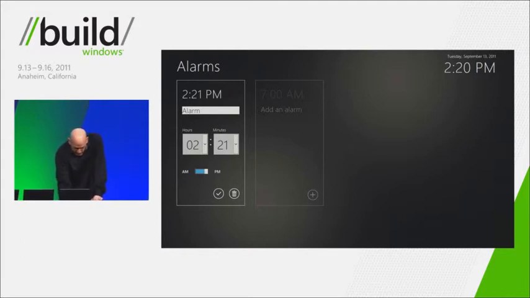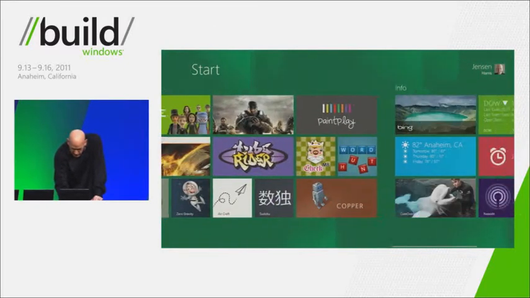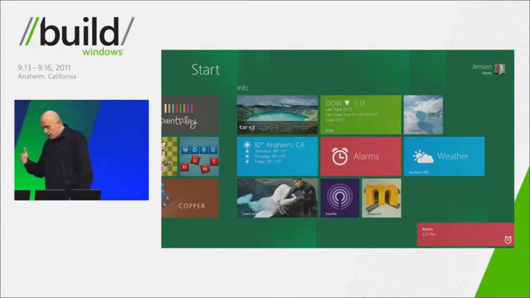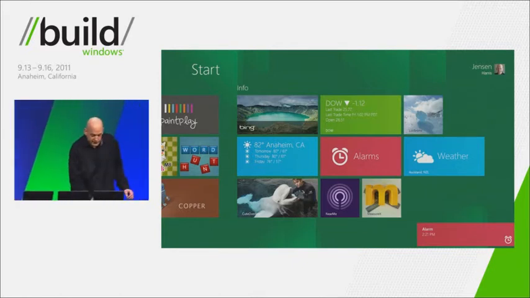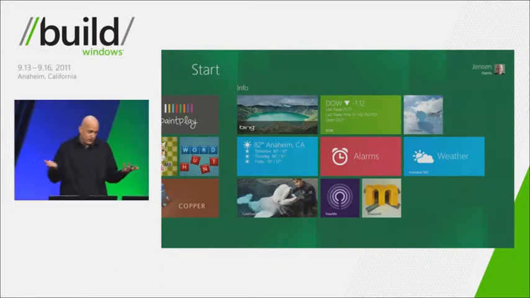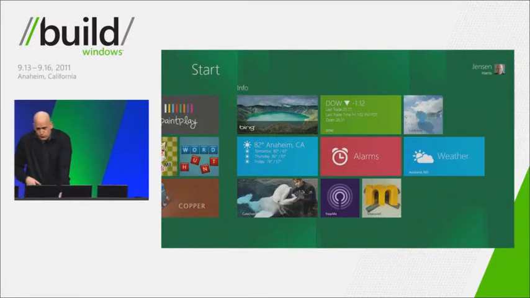The first thing I'm going to do is hit the button to set the alarm, and I'm going to come back to the start screen, and notice that the alarms tile updates. Normally it would update; I was too slow to show that the alarm is set. Also, in the lower right-hand corner, notice that this pop-up has come up. This would come up no matter where I was in Windows, but it's limited in the amount of time that it can come up. And as a user, I can just take it and push it off the screen, and it's not there. I can also, of course, turn off notifications overall for the entire system in sort of a do not disturb mode. So switching back to the slides,